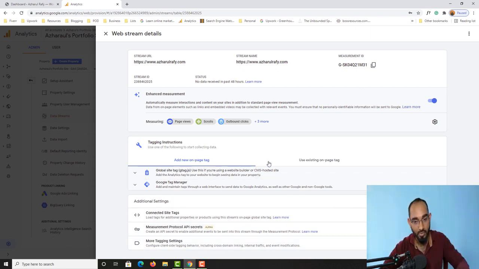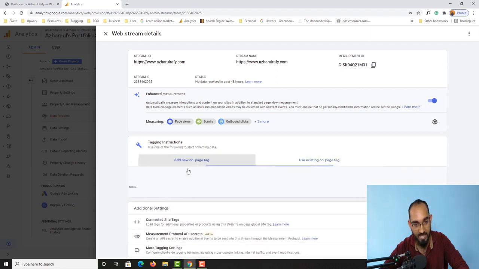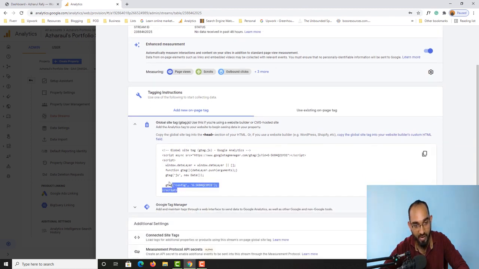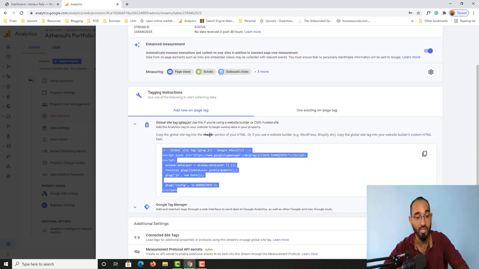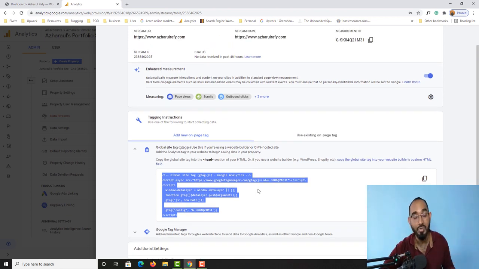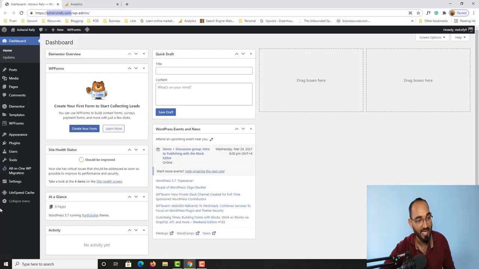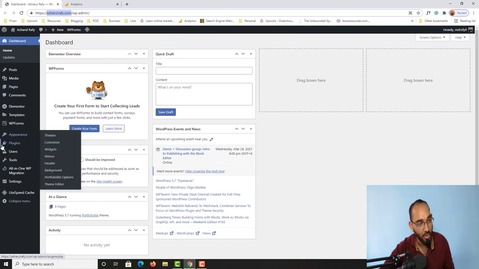So now what we have to do, we can simply set this up with the, let me take you here. Yeah, here is the code, as you can see. So after coming up here, you are going to find this code which you have to provide on your head tag of the website. So we are actually going to use a plugin. So instead of putting these tags into the head, we are going to use a plugin to make everything easier for us. So let me take you to WordPress dashboard, and after that I have to go to plugins,